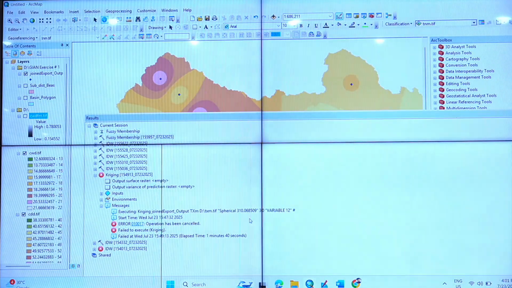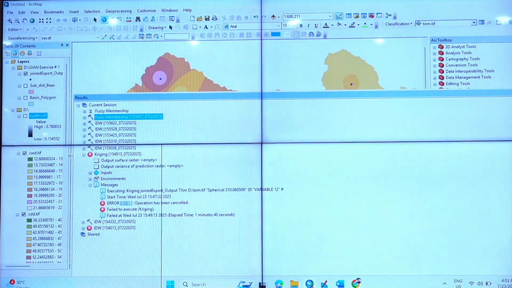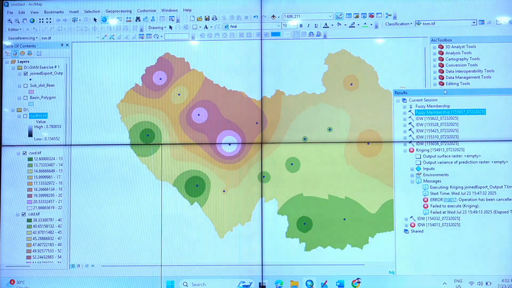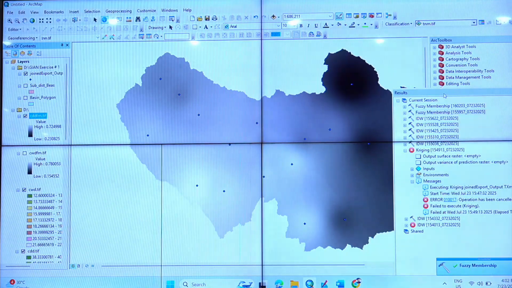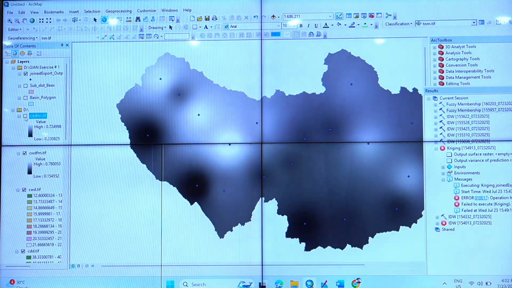I apply it. Let us see. Yes, it comes, right? Now look at these two, check this one; there is something else below. Do you see? These are two different layers.